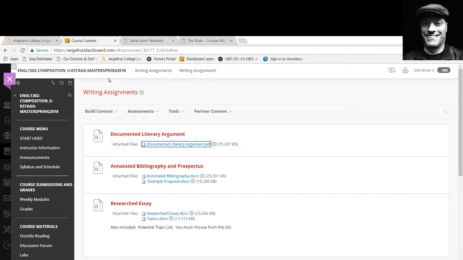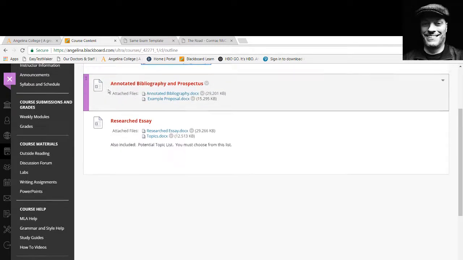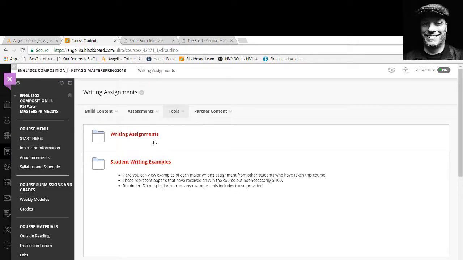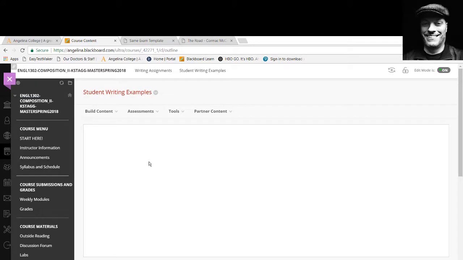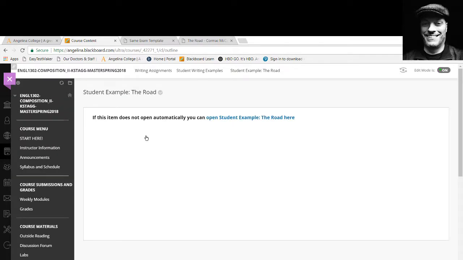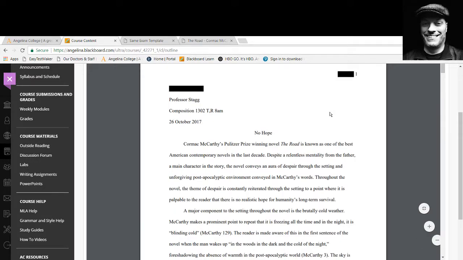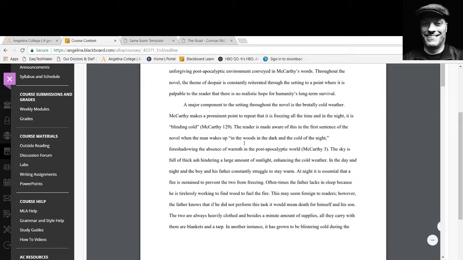A couple of other things to point out that will help you are the fact that under writing assignments, there are also student writing examples. For instance, there is a student writing example of this particular essay over The Road. This is an example of an A-quality essay from a previous student here at Angelina College. This is a good place to start so that you can see basic essay structure, things like in-text citations,